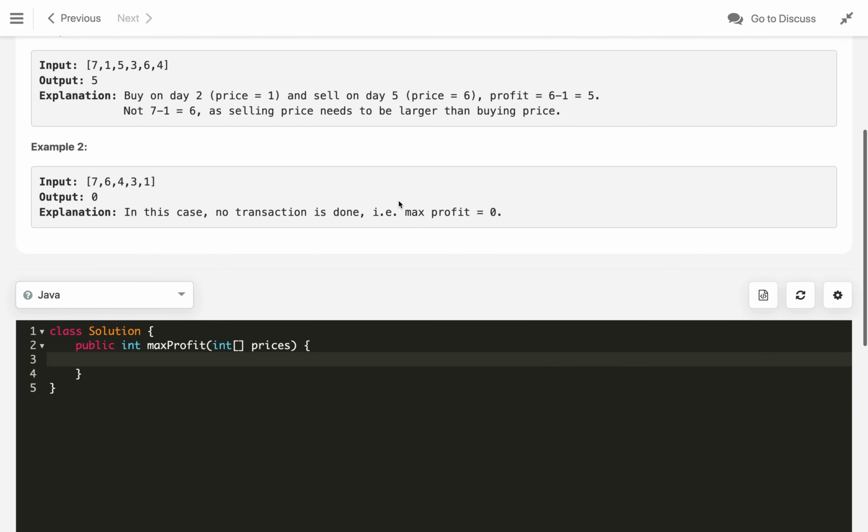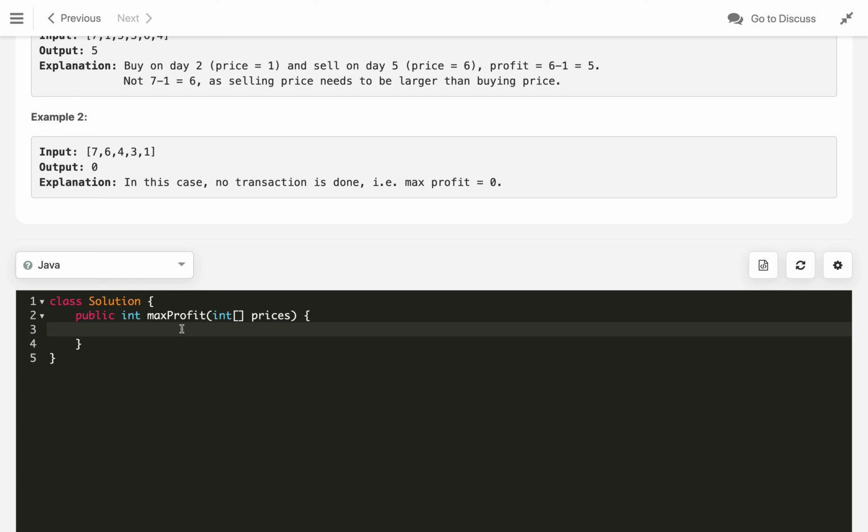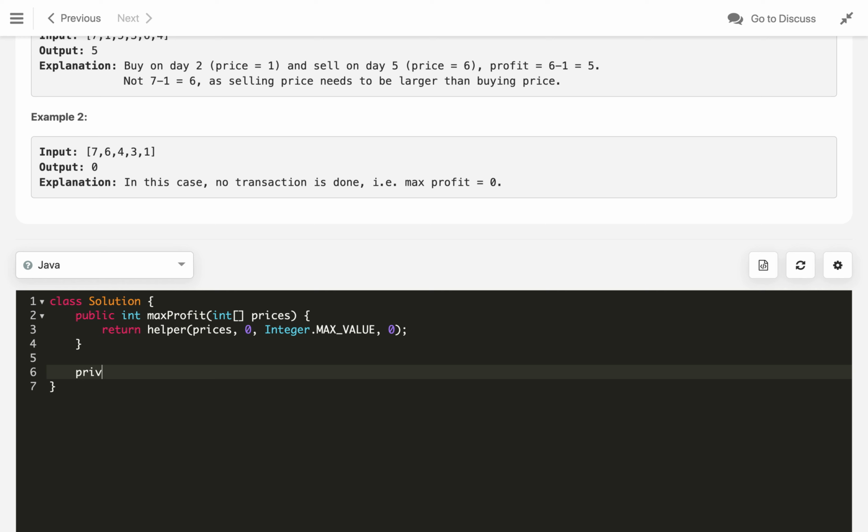First we can implement this recursively. For the recursive approach, we will write a helper method, and we will pass the prices here, an index initialized from 0, the initial minimum stock price as integer max value, and the maximum profit initially 0.